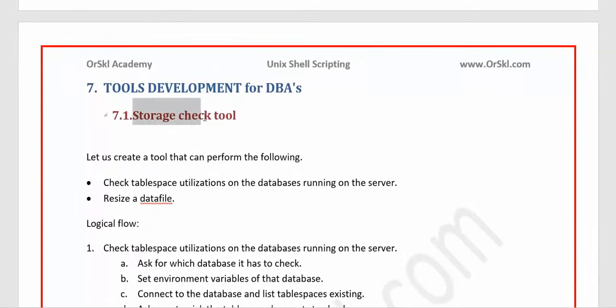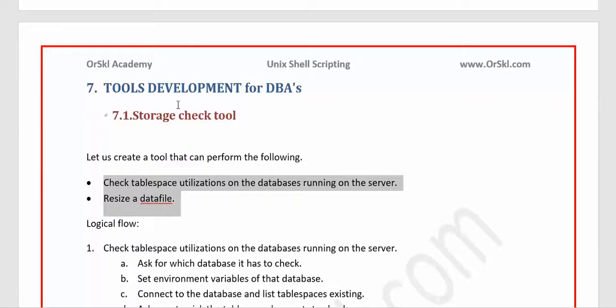So we know that we are about to create a storage check tool. First of all, write in detail or in short, or in any format that you want, but first just decide yourself what the list of activities is that your tool should perform, or whether you are writing a tool for one dedicated activity or for multiple activities. That's the first picture that should be clear in your mind. Having that picture clear, make sure that you write what options you want that particular tool to actually do to simplify your job.